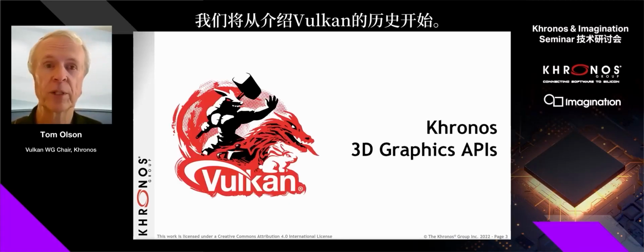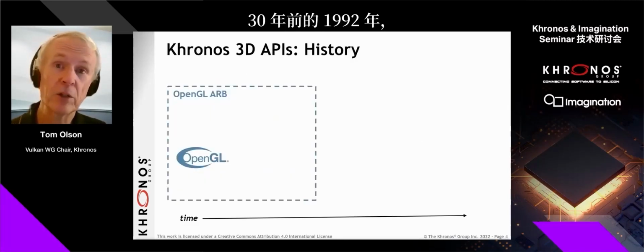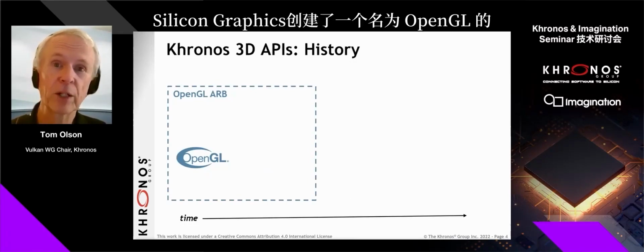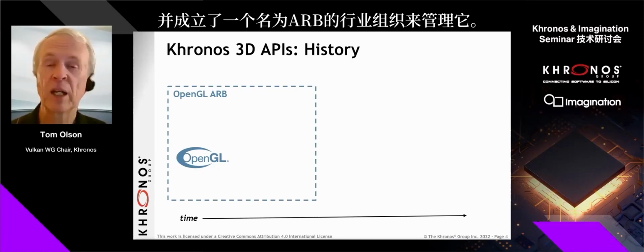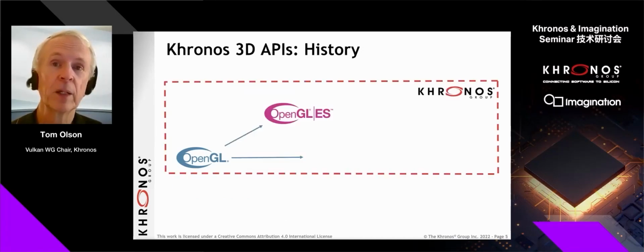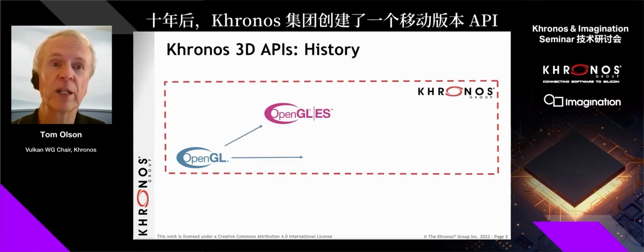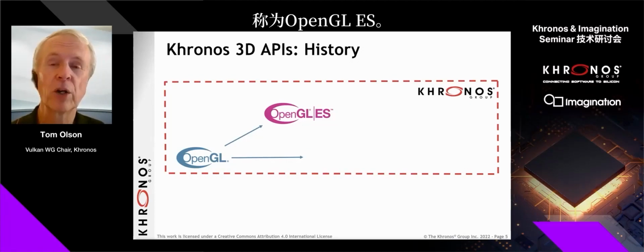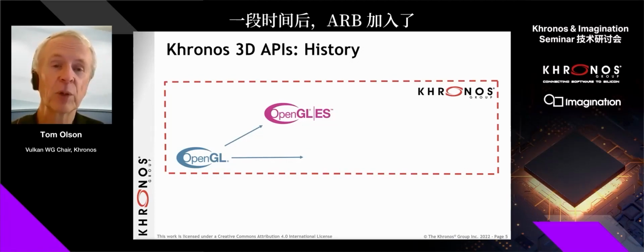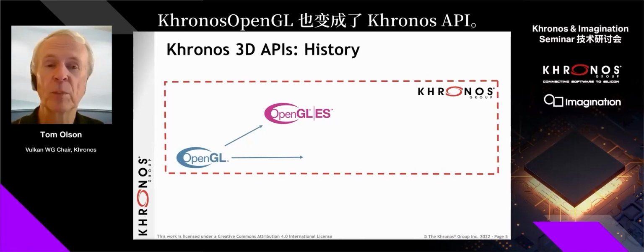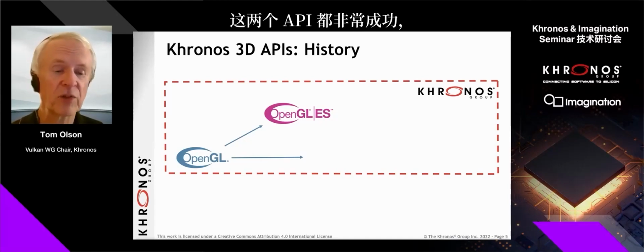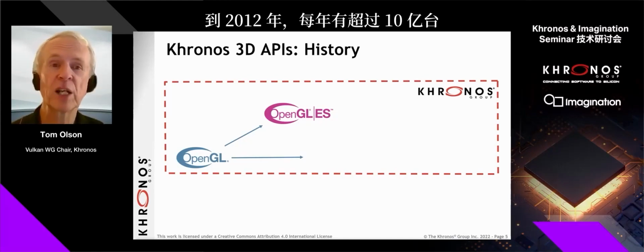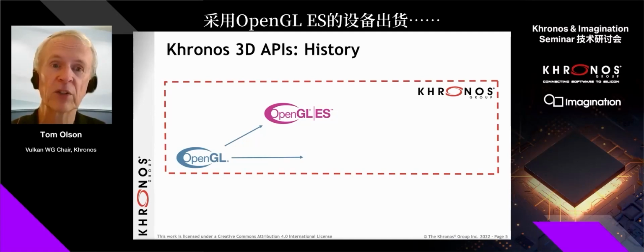We'll start with a little history. In 1992, 30 years ago, Silicon Graphics created an open standard 3D graphics API called OpenGL and founded an industry consortium called the ARB to manage it. 10 years later, the Khronos group created a mobile version of the API called OpenGL ES. After a while, the ARB joined Khronos too, and OpenGL became a Khronos API. Both APIs were very successful, and by 2012, OpenGL ES was shipping in over 1 billion devices a year, but